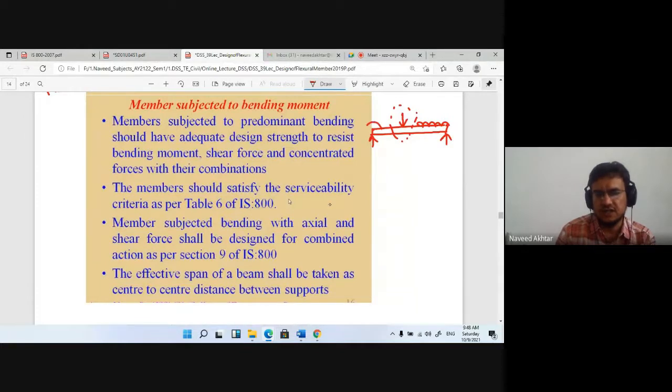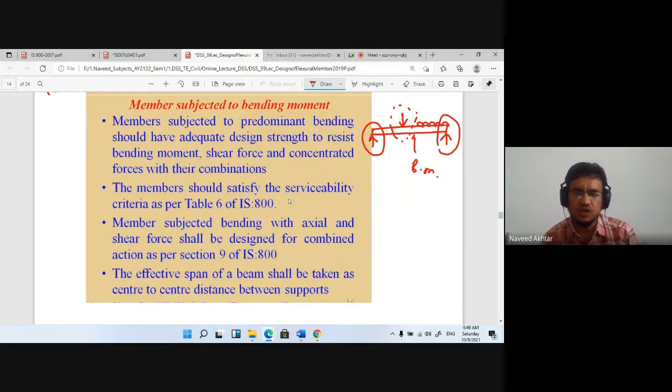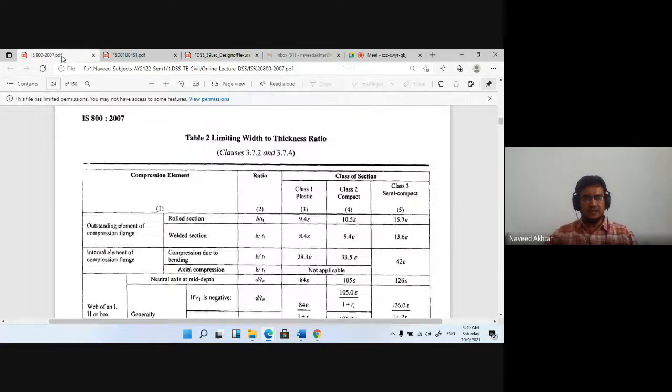Here the shear force is maximum at the end, and at some point in between the bending moment is also dominant. Or if imbalanced forces are there, then there is torsion also in the member. The member should satisfy the serviceability criteria as per Table number 6 of IS 800. So if you go to IS 800 Table number 6,